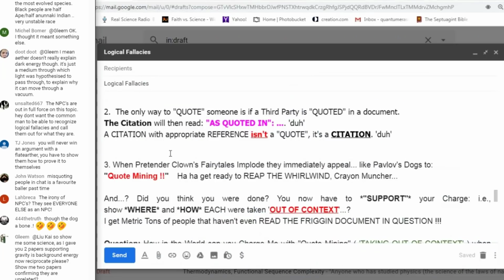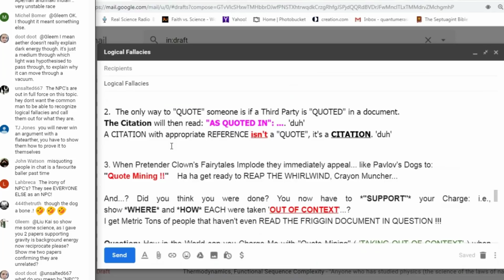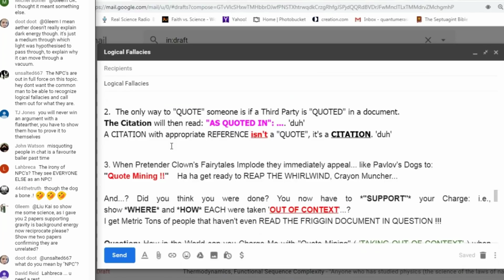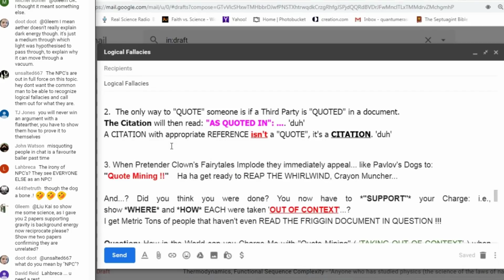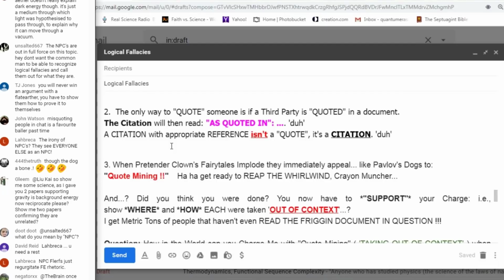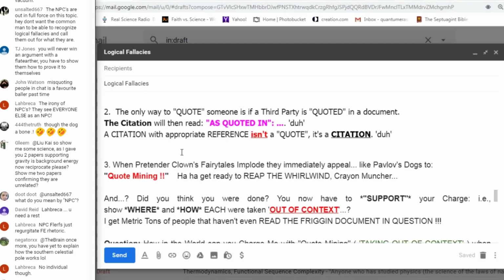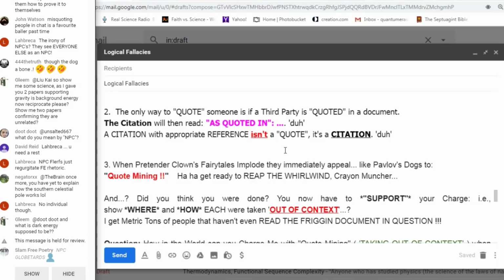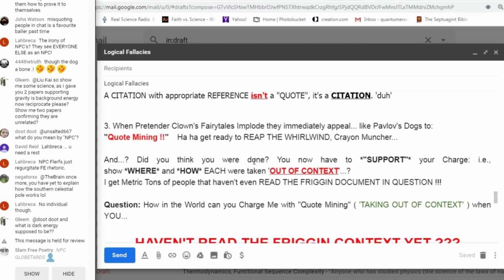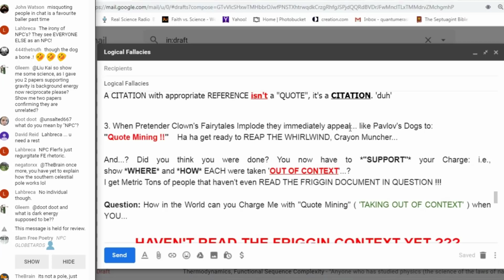Unbelievable. Is it because science doesn't say? That's a reification fallacy. Science. Did I say science says? No. No quotes. Science doesn't have a mouth. So let me just say it again. A citation with appropriate reference isn't a quote. It's a citation. Number 3, when pretender clown fairy tales implode, they immediately appeal like Pavlov's dog, bagak, to quote